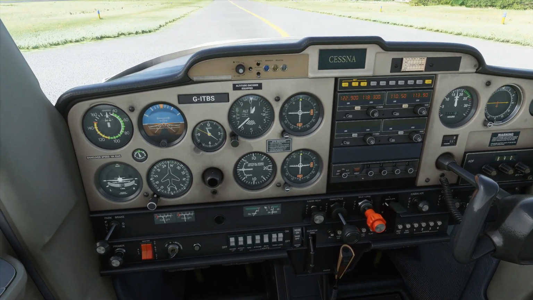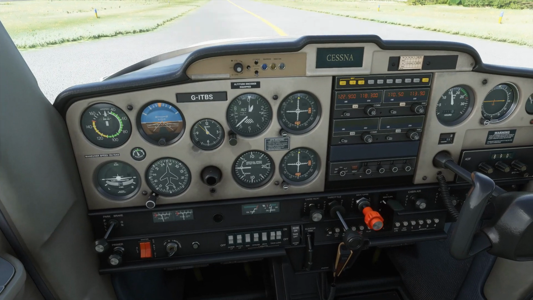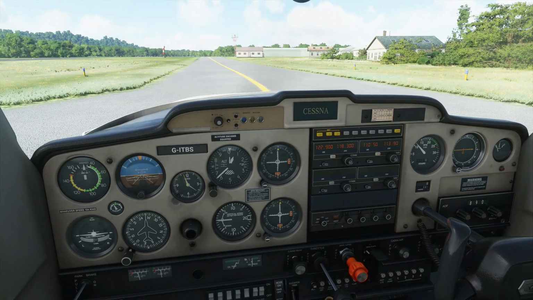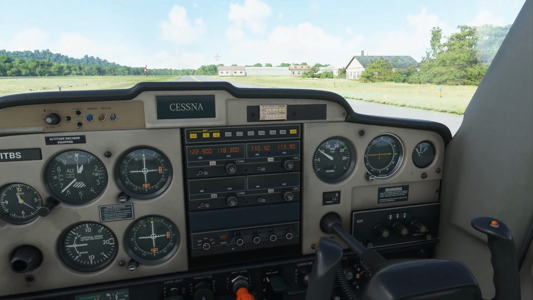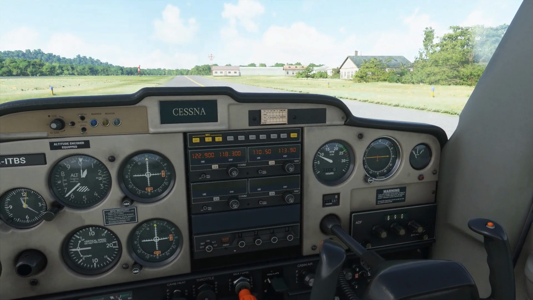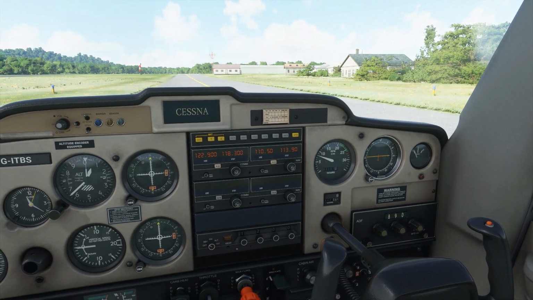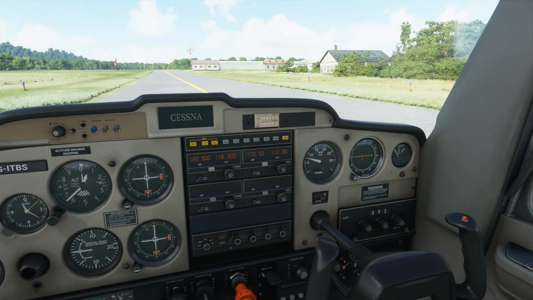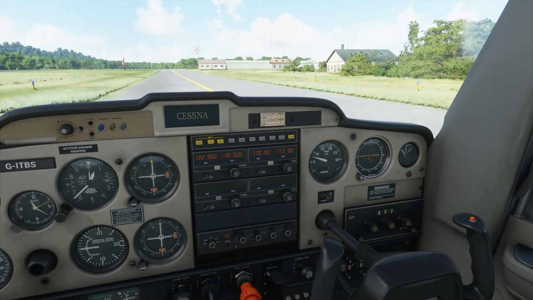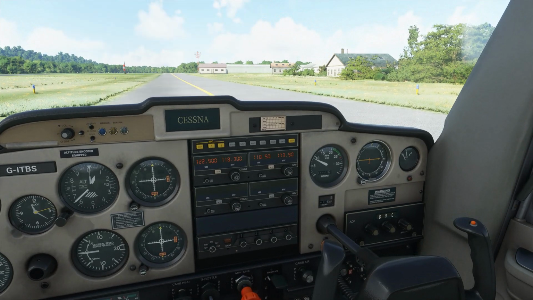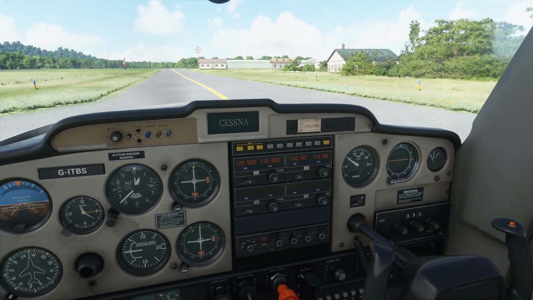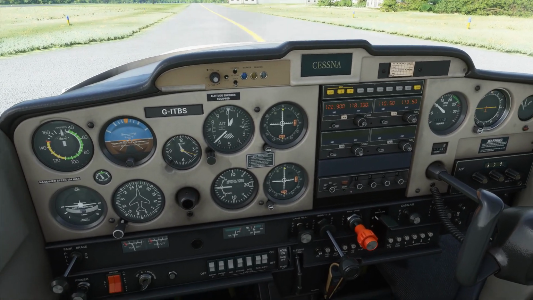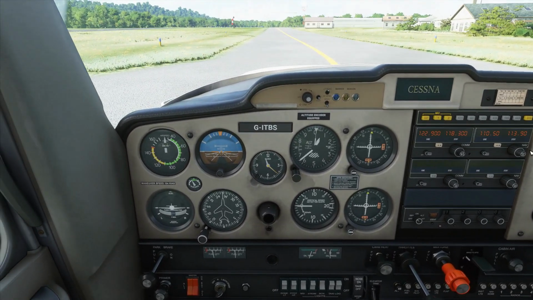Throttle will come back to idle. And we're idling around 650 RPM. That's checked. Back up to 1000. Throttle friction nut is adjusted. Communication radios are set. Flight instruments